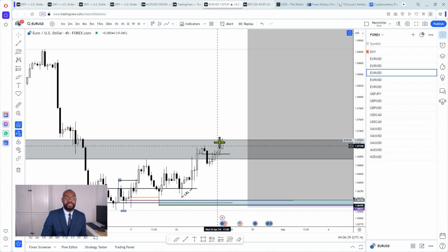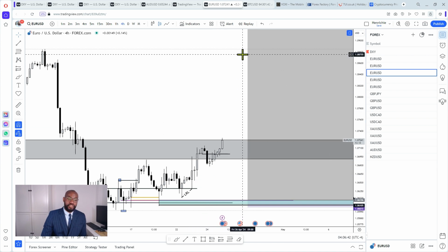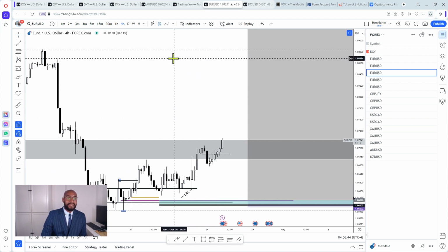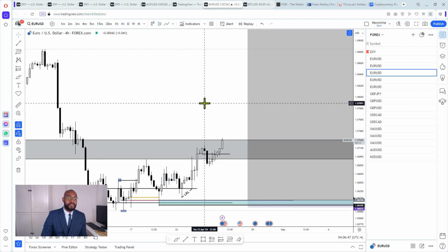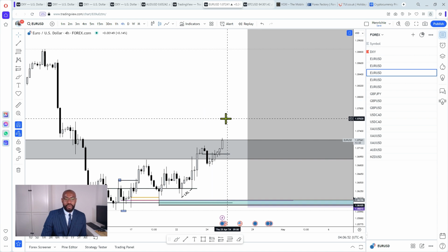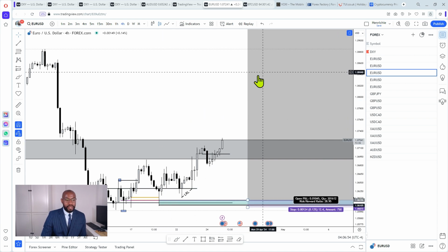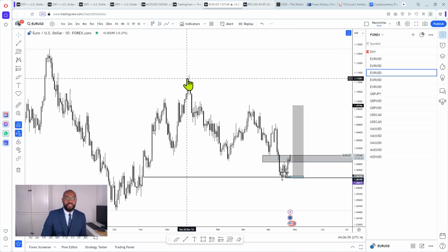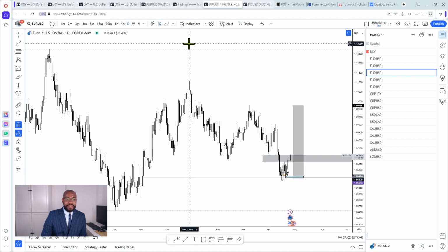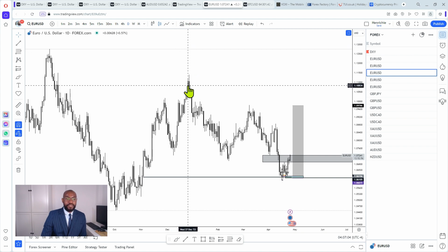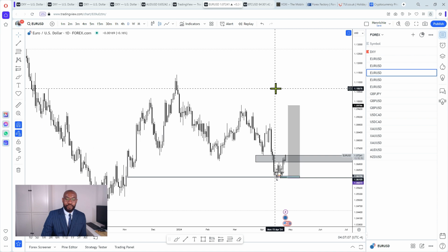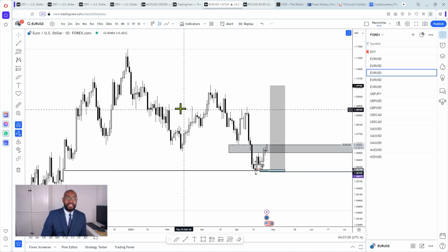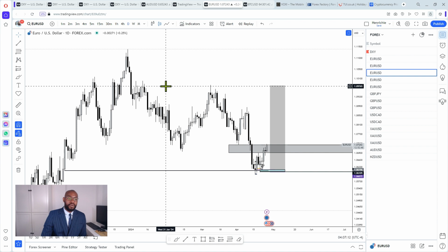I'm still looking forward to getting buys for price to continue to the upside, because overall, the market direction on the 12-month time frame, 6-month time frame, 3-month time frame, market structure still remains bullish. So all I'm looking forward to see is a continuation to the upside, irrespective of the fact that for a while now we've been trending to the downside. You can see since December, we've been trending to the downside, but it doesn't really mean that the overall market structure is bearish. On the intraday levels, we're bearish, but overall on the 12-month, 6-month, 3 months, the overall market